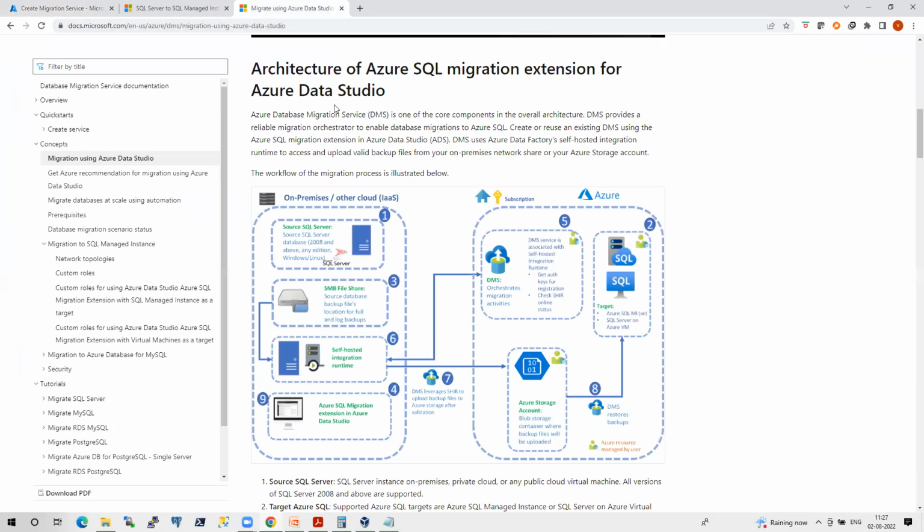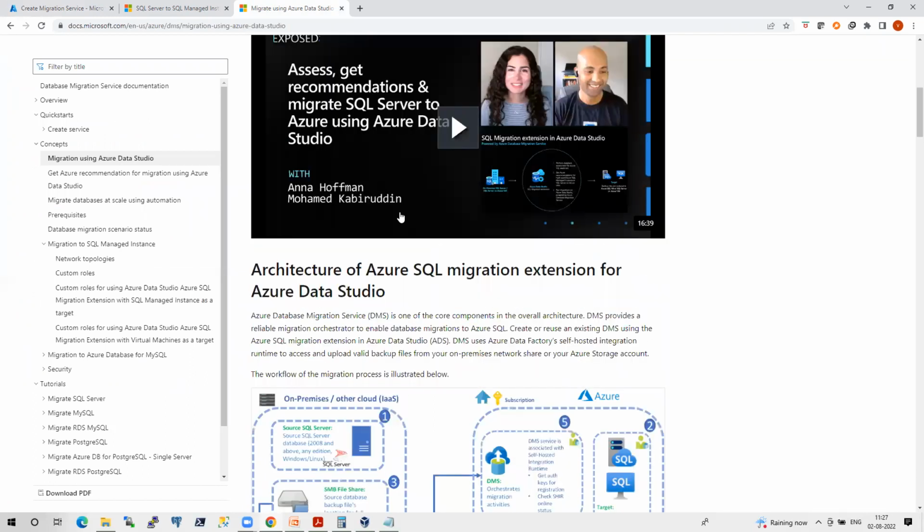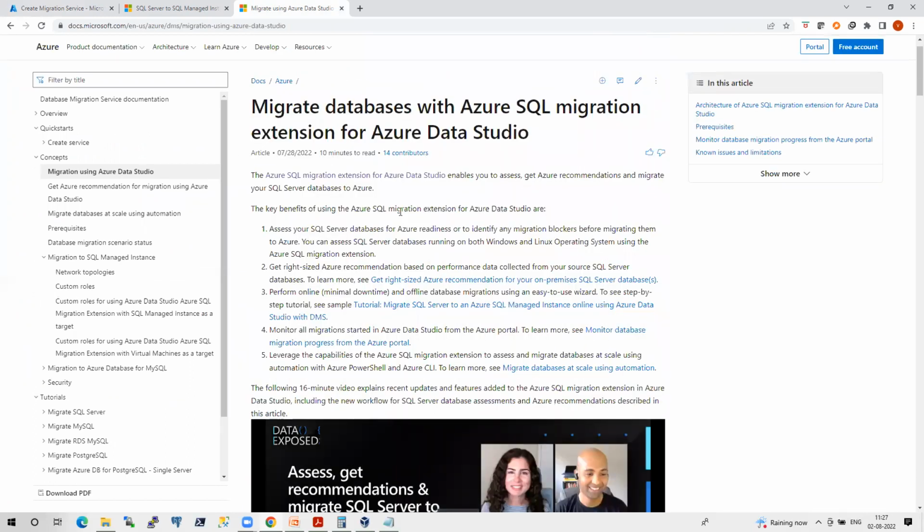And guys, when I'm talking about Azure Data Studio, it works only for VMs and MI. It doesn't work for Azure SQL. So there are many things, guys. Few options will work only for few things. Few don't support online migrations, few don't support offline migration, few don't support Azure VMs, few don't support Azure MI, few don't support Azure SQL. So there are n number of permutations and combinations. I have to come up with one good solution for the different scenarios. For example, Azure Data Studio doesn't support Azure SQL. It supports only Azure MI and Azure VMs. So like this, there are so many things.